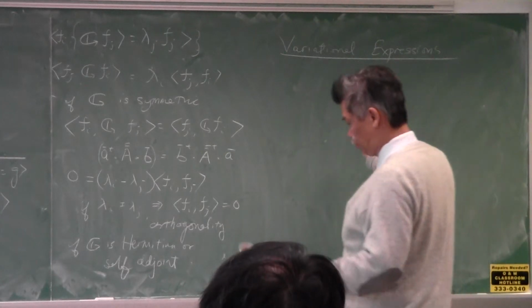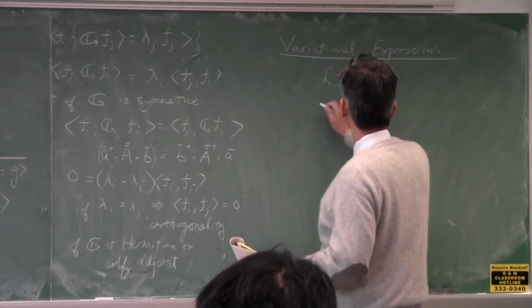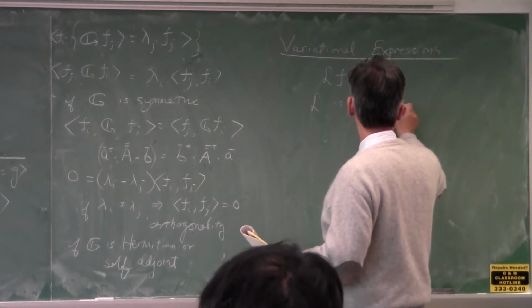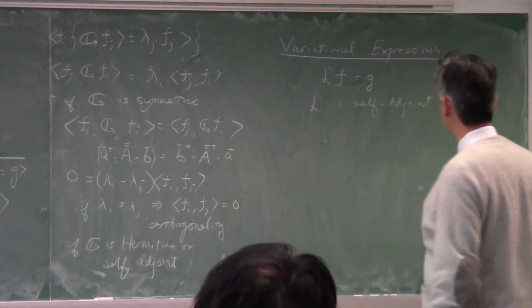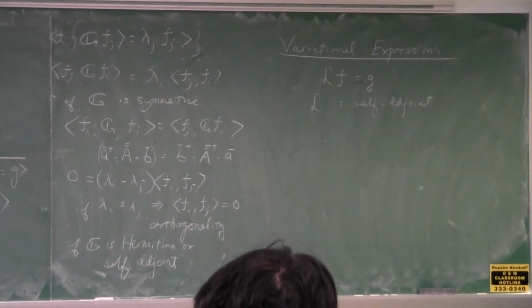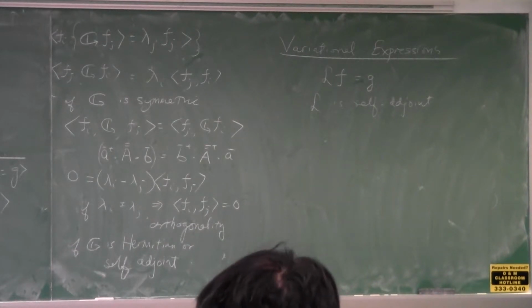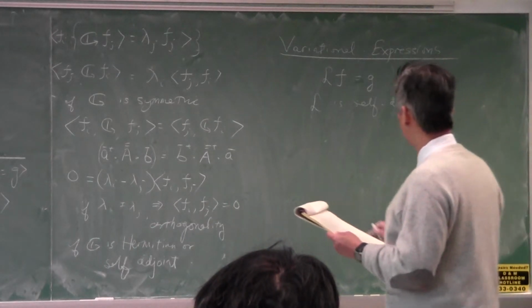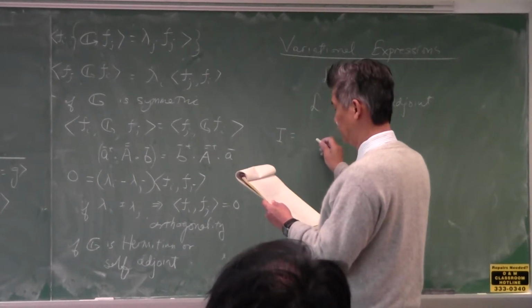So let's do a simple case where Lf equals g, and let's assume that L is self-adjoint. Self-adjoint is just a mathematician's name for Hermitian. But some mathematicians don't distinguish that. To me, I think it's equivalent to Hermitian for linear algebra. Okay? But we can show that an expression such as this one,